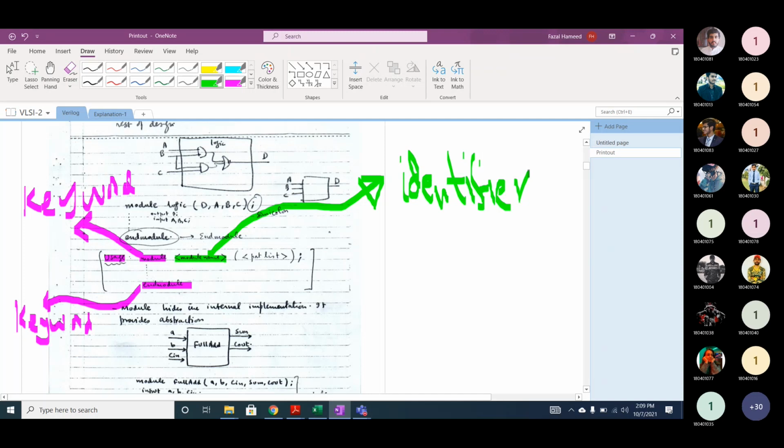Module name is an identifier. Then we can have a port list, separated by commas. Please remember, and I always tell my students, you should put a semicolon here.